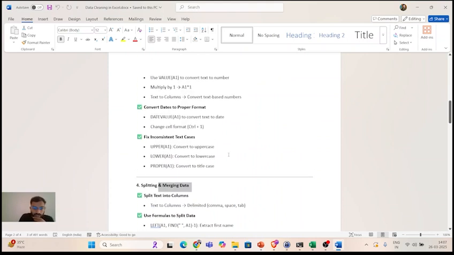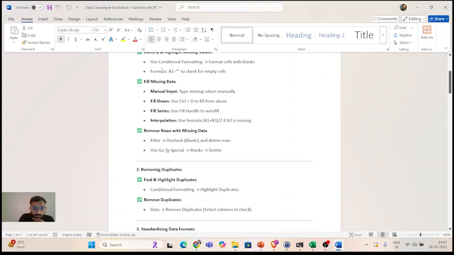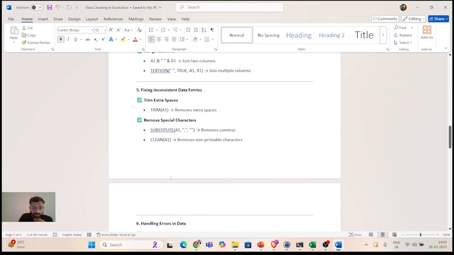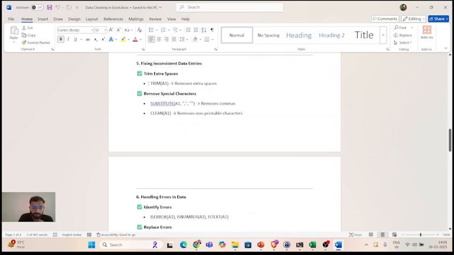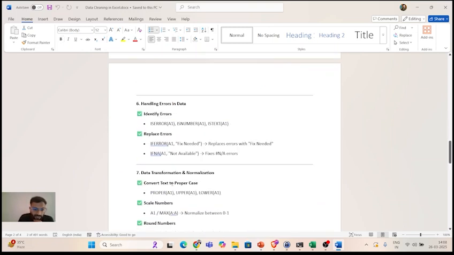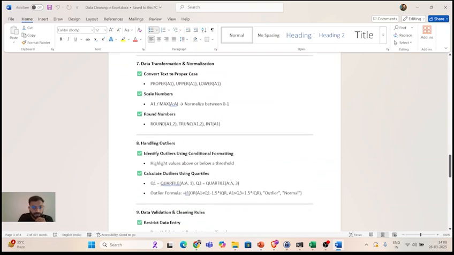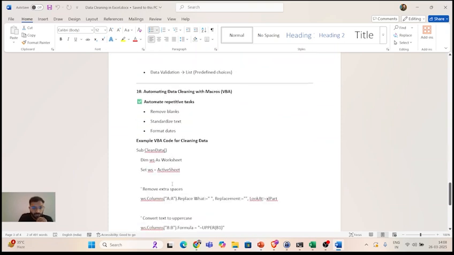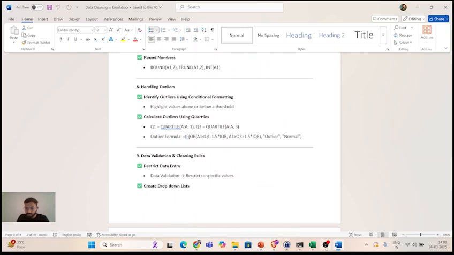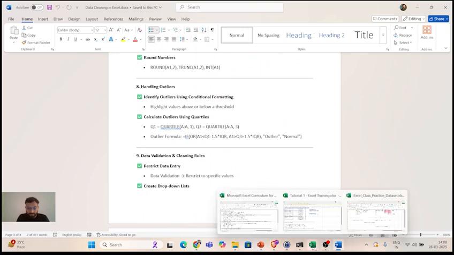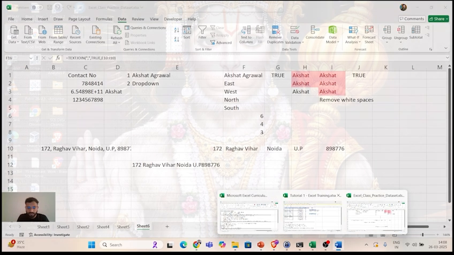Again, what we skipped above is filling missing data. I will handle it later, don't worry. Then trimming extra spaces is done, merging the column, trimming extra spaces using the TRIM function. Handling errors in data, we will see this in the IF function, data transformation. Yeah. So probably the major data cleaning steps are already covered, right? So that's how we do basic data cleaning. I hope you are able to understand it till here.